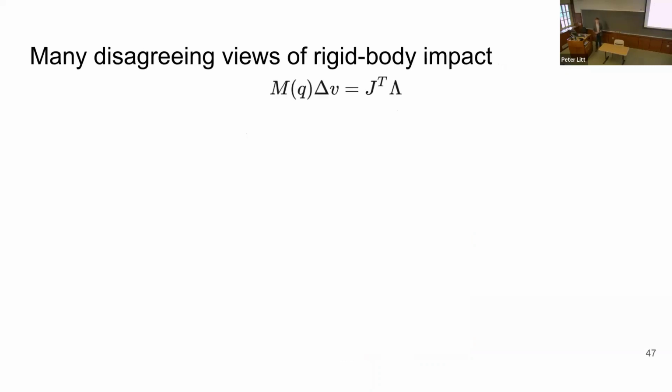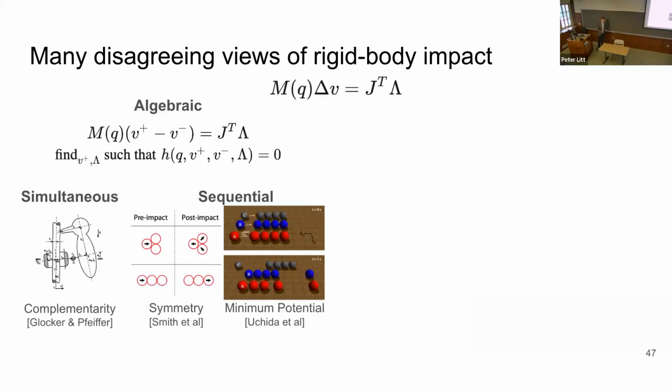So without the ability to completely capture these effects, there's been a number of different proposals about how you model impacts in rigid body models that differ greatly, but all share some strong physical motivation. A first group of models that I'll highlight is called algebraic models, in which you relate the pre-impact velocity v minus, the post-impact velocity v plus, and the contact impulse that created that transition by solving a set of algebraic equations. These models might conduct simultaneous collisions by doing all of them at once in one big set of equations, or it might select some sequence of individual pairs of bodies to